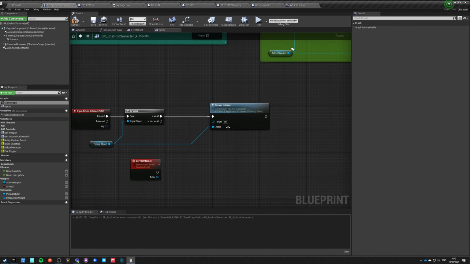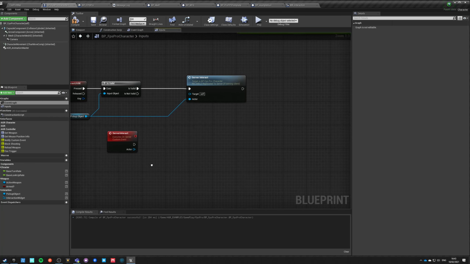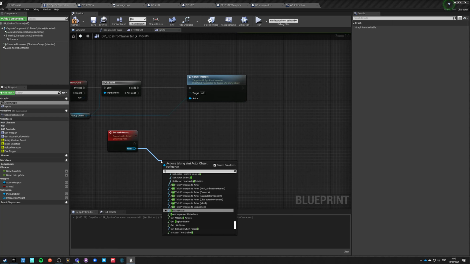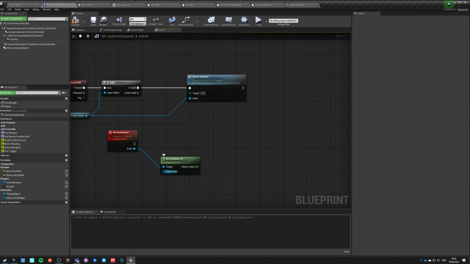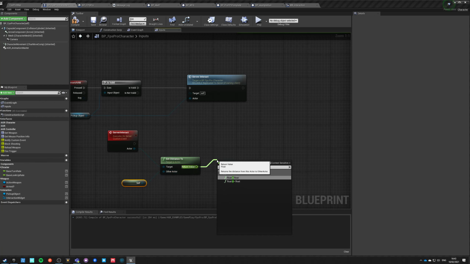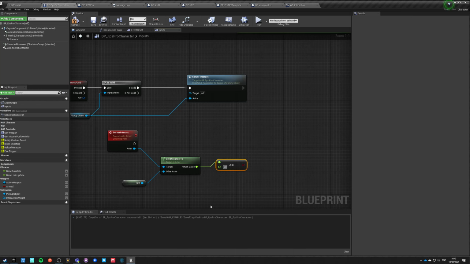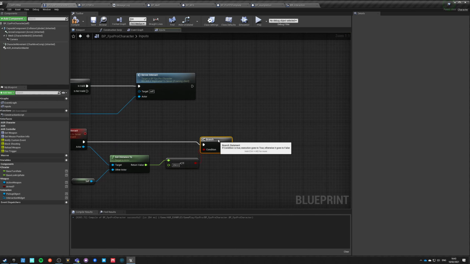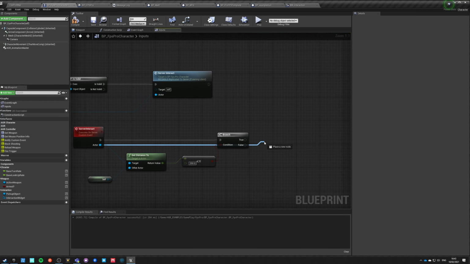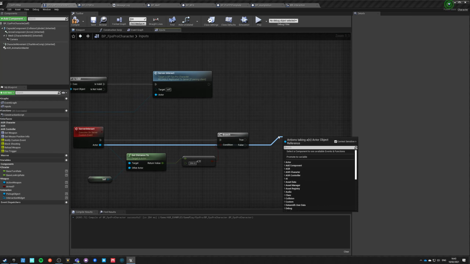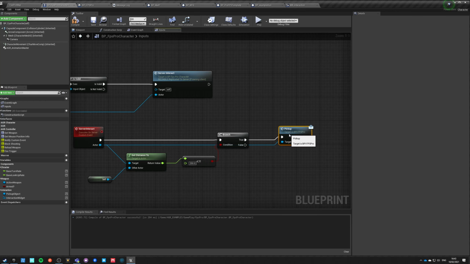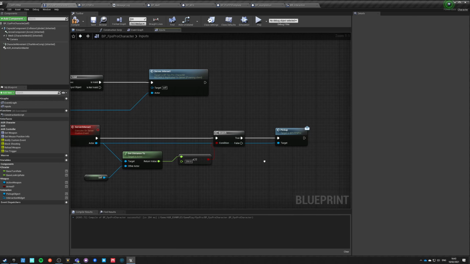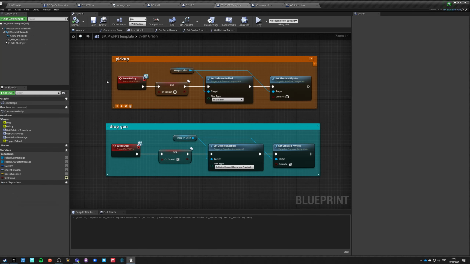What we are doing instead, we're just pushing this reference, and on the server we're doing an extra check. So we're doing distance to, and other actor is self, and if it is lower or equal to 250, let's say, only then we want to do interaction. And the way we want to do interaction is just to take this actor reference and say pick up as a message. That's it. We're telling this guy, hey, pick up.